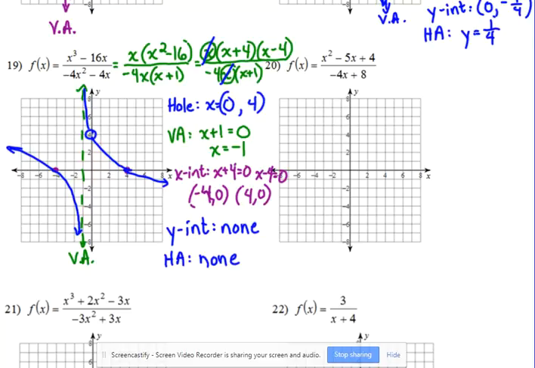All right, let's try number 20. Y'all try number 20. I will give y'all a